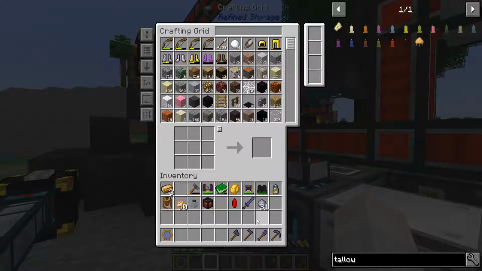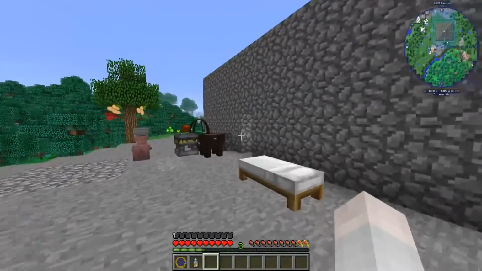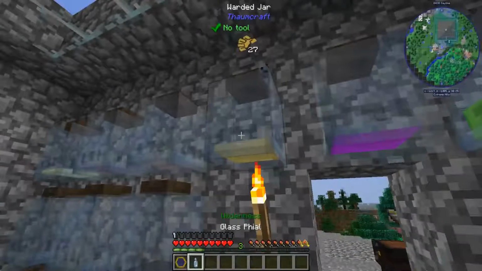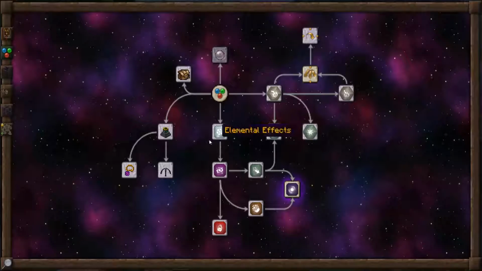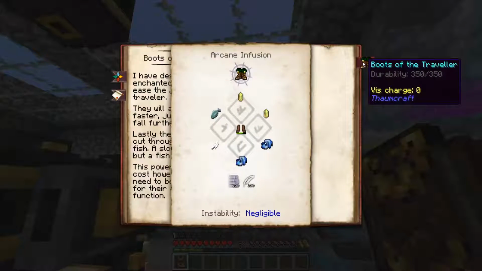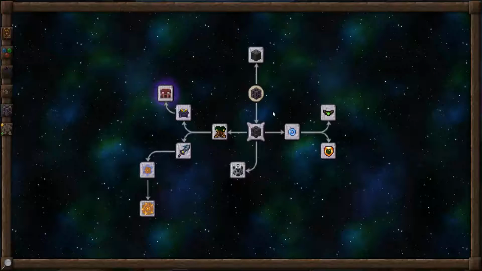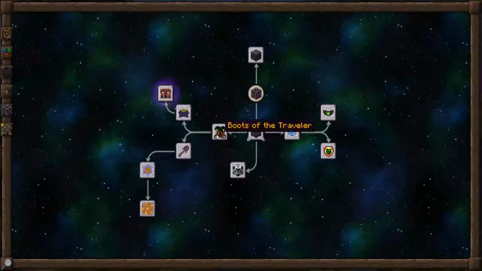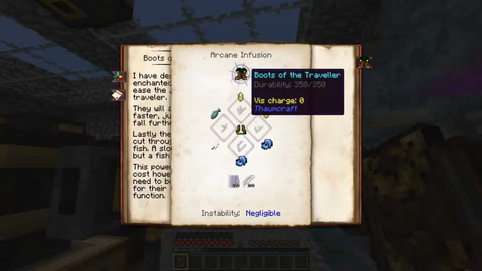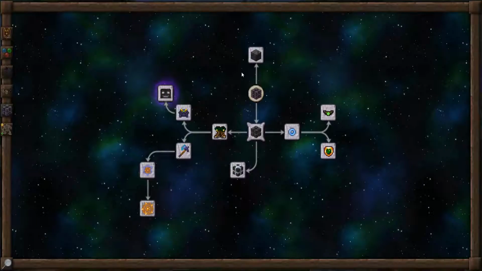Gold, files, iron, some crystals, the thaumium stuff. We're not going to worry about most of that right now. There we go. I was thinking about making some Boots of the Traveler, but Boots of the Traveler will take away from my monk powers and not give me the V discount, which means I wouldn't get the V discount bonus from wearing the magical armor like this one does with the V discount 2%. At least it doesn't say it does anywhere. Plus we don't have a charging station yet. So